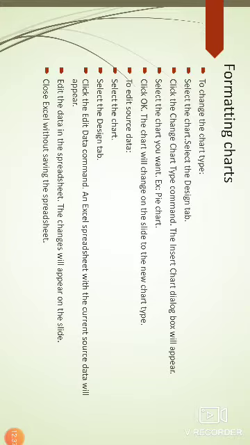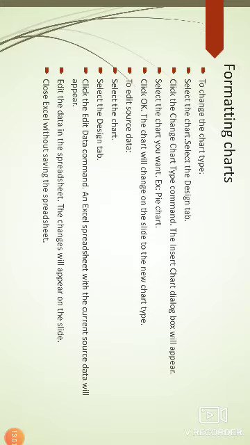The Insert Chart dialog box will appear. After that, select the chart you want to insert. Here I am selecting the pie chart, and then click OK. Now the chart will change on the slide to the new chart type.